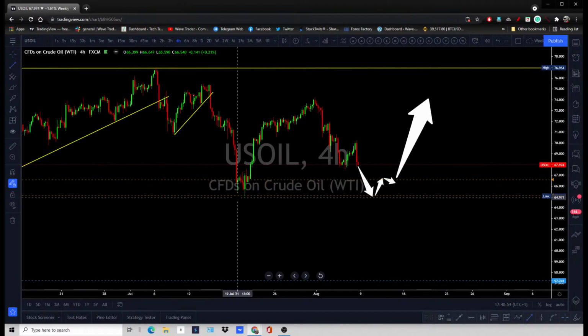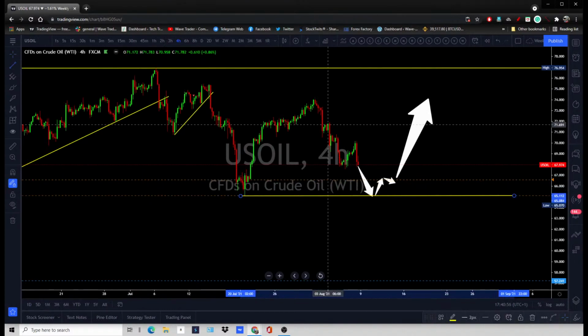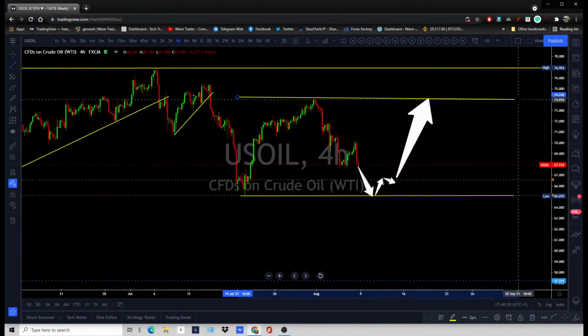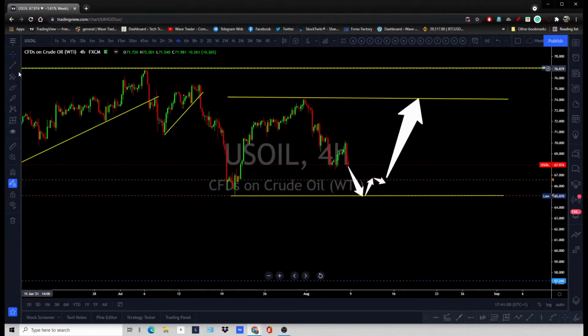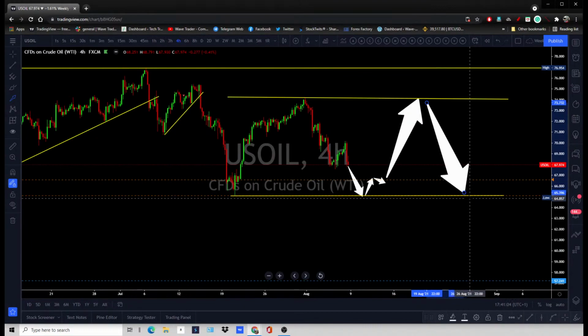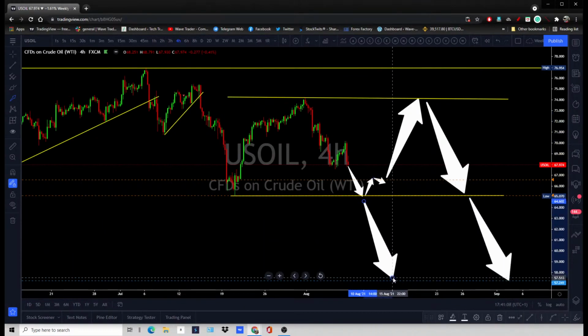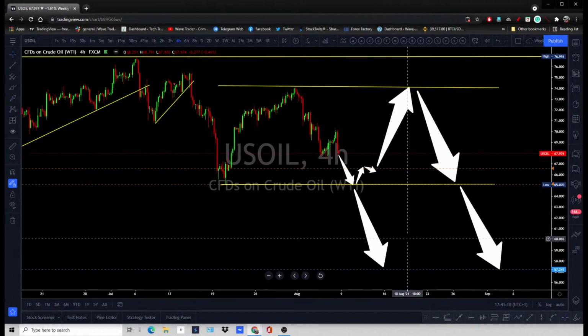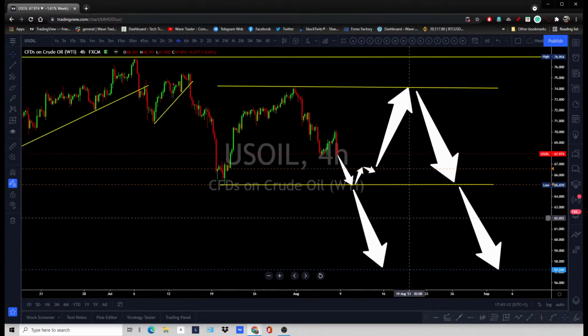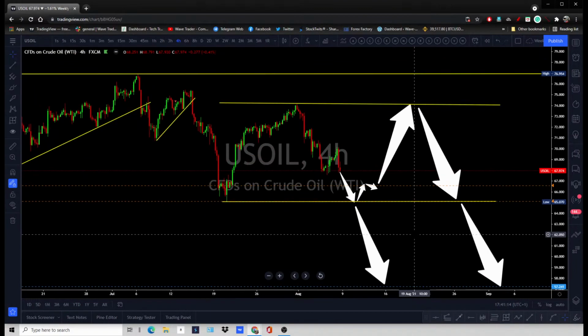All right, let me put some trend lines on this bigger formation. Hopefully you got that. So we still can see another leg higher on oil, back to the 75 areas. That's a longer term formation, the longer term picture. So oil price is going to stay within that picture for the longer term.